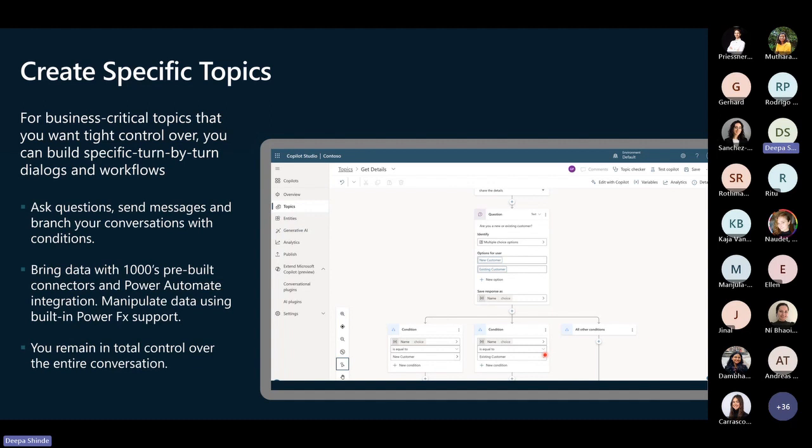Previously, one had to be an expert in understanding the domain and also creating these topics in a tool like Power Virtual Agents. But today, because of the conversational AI backup that we have with Copilot Studio, you can just naturally say, please build a topic for me that takes input from the user as their annual salary and gives them back their tax bracket or their annual tax. So it will build a topic for you. It will build the entire topic for you itself, right? And you just have to make little changes to the topic. So Copilot Studio is quite powerful at helping you to build these topics quickly.